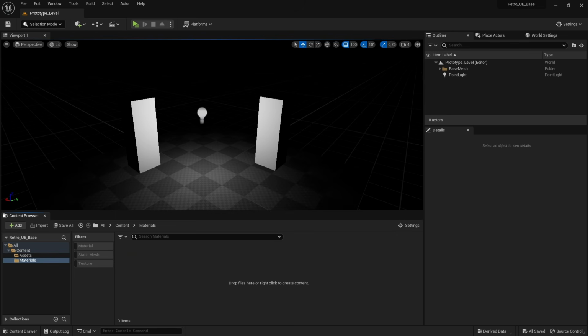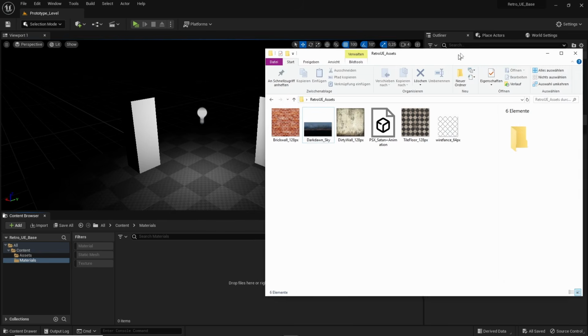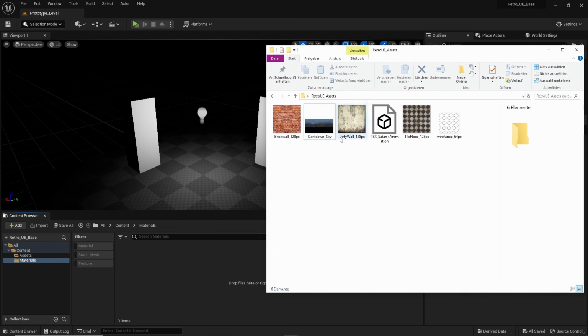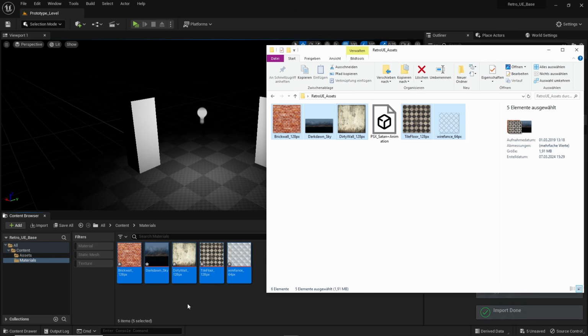I prepped this folder here with just 5 textures and my Satan with an animation. And let's throw in the textures first. Drag select, except the Satan, throw them in. And next up,